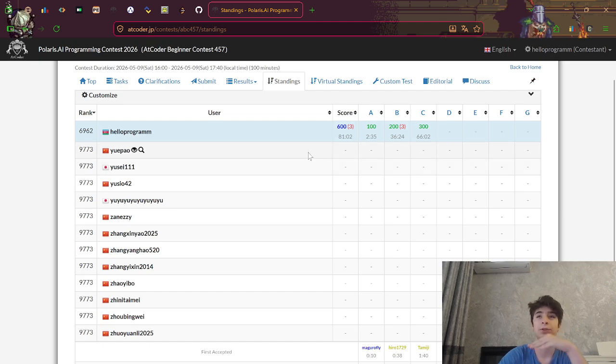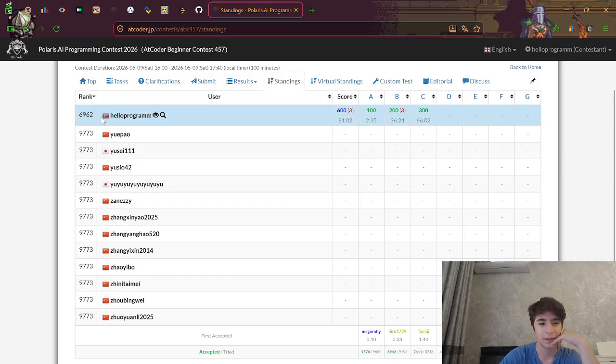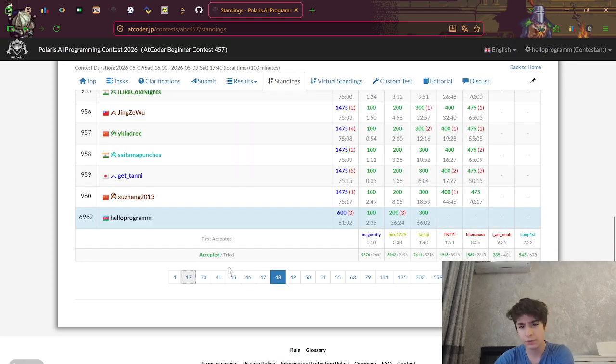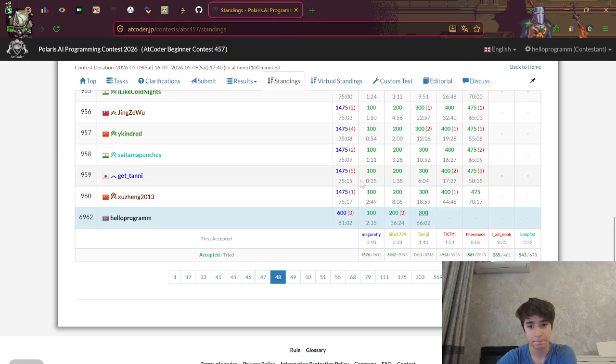I'm in the top 15%. Unfortunately, I was close. This is something like 30 or 20%. Unfortunately, we got unlucky, but I'm sure that next time, not even unlucky. This is my first time solving 300 points